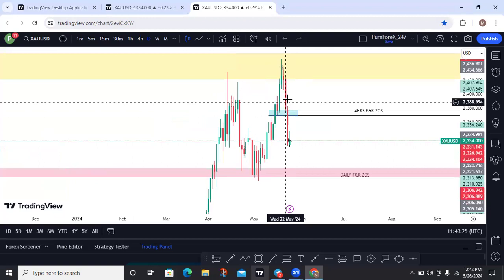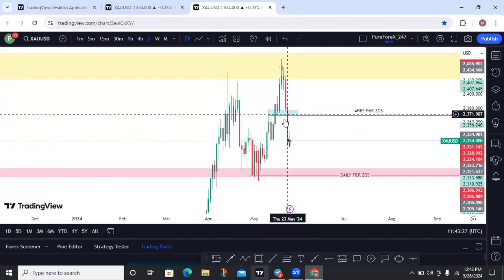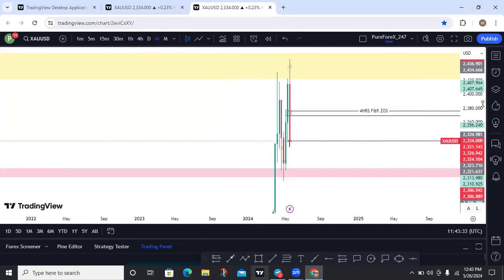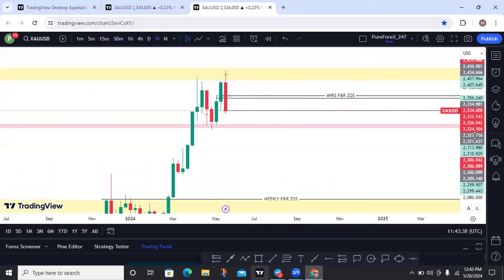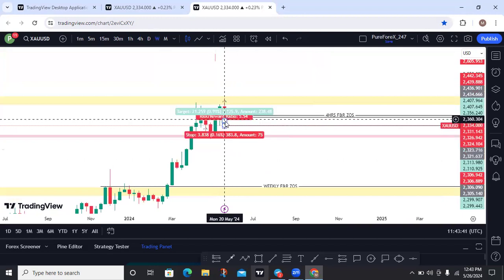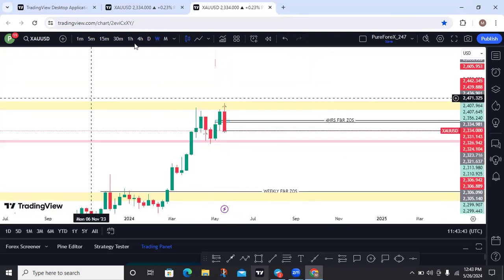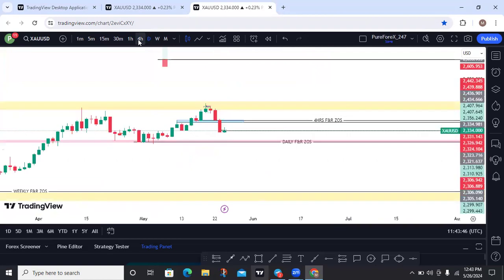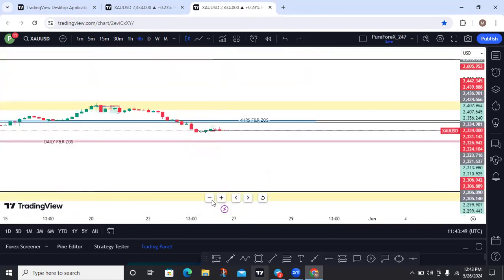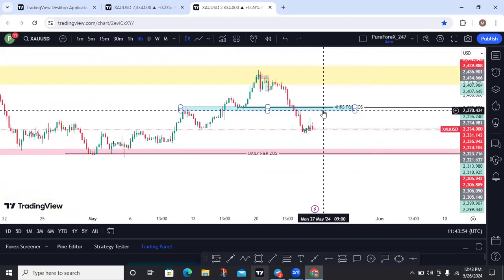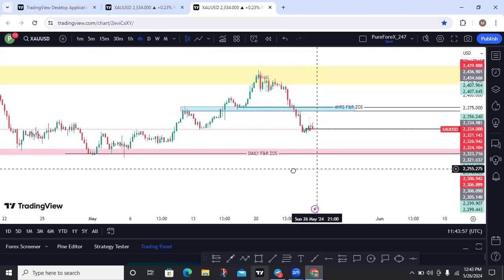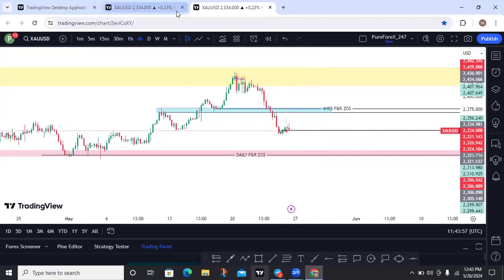So this is the daily. Daily here, we have a double Marubozu here. But let's go to the weekly time frame. From the weekly, we can see that we have a bearish engulfing as confirmation. So look at it. Our confirmation is a bearish engulfing from the weekly time frame. So what we are expecting to happen this week is that gold is going to retrace, we wait for a retracement, and then we look for a selling opportunity. So when the market retraces to this point, we sell.